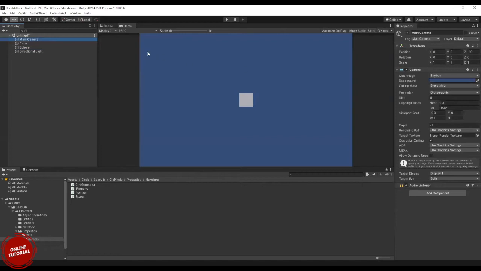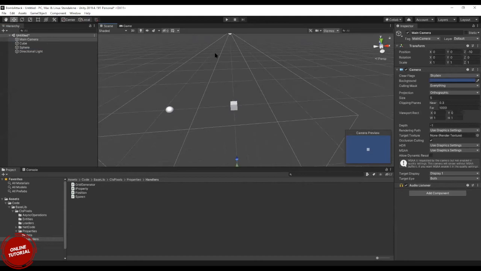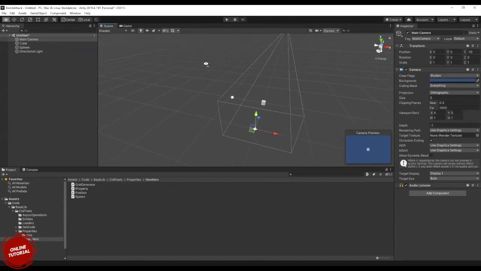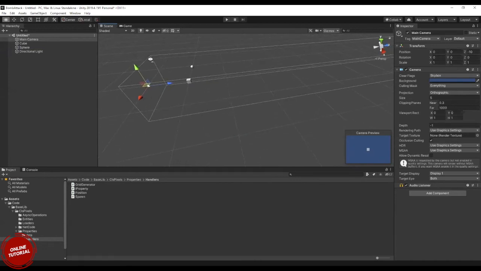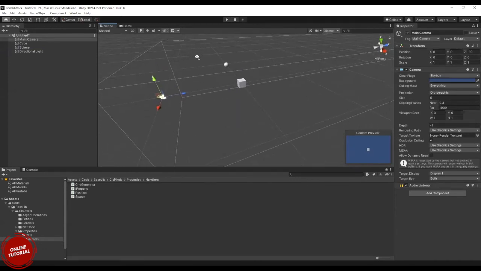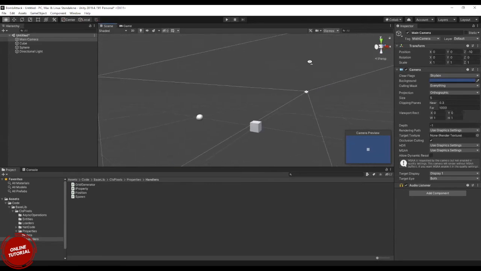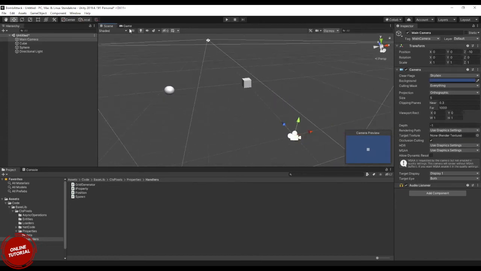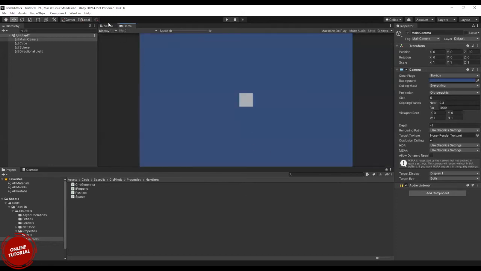The final output you see in the game is rendered through a camera. This is the camera and this is its view. Everything between these lines it can render. This sphere is outside these lines, so it's not rendering in the game.